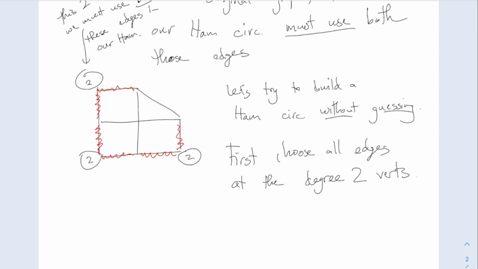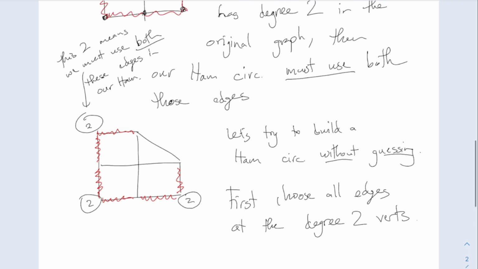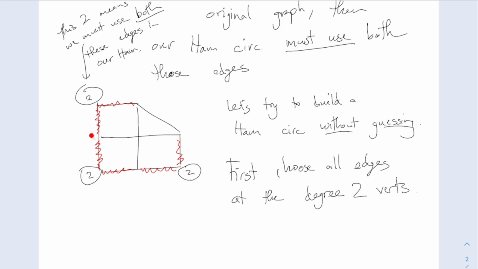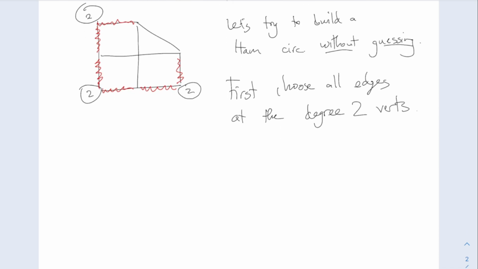If you see any edges, for instance, right here, this is a vertex where I have already picked 2 edges going through there. That means I cannot use any more edges through this vertex, because when you're done, remember like I said up here, every vertex has 2 red edges going through it. Some of these already have 2. That means I cannot use another one, and so I would say first choose all edges at the degree 2 vertices, and then